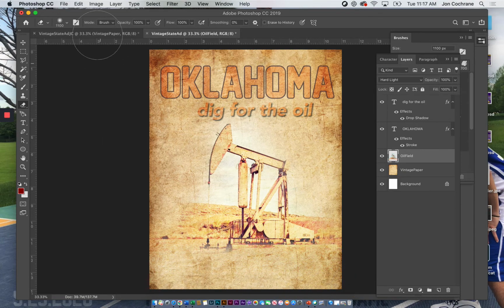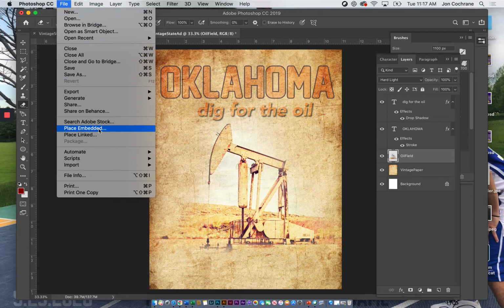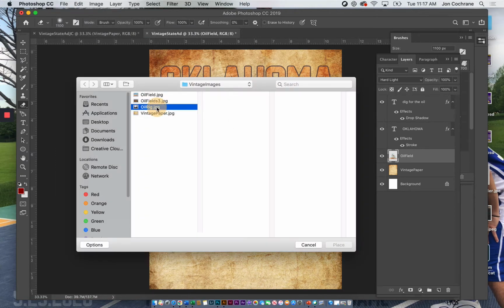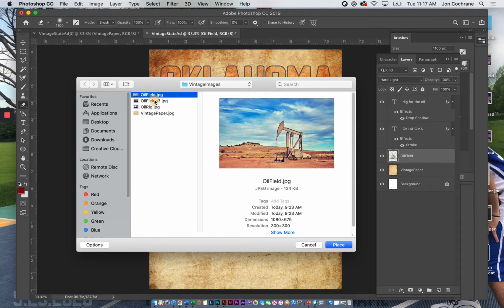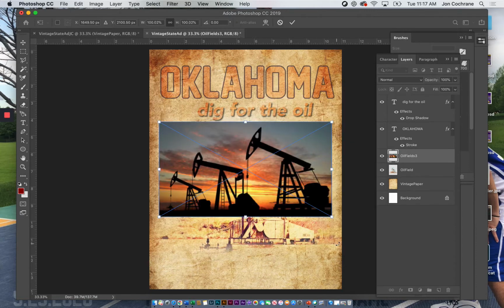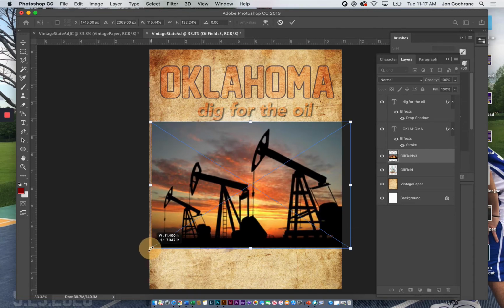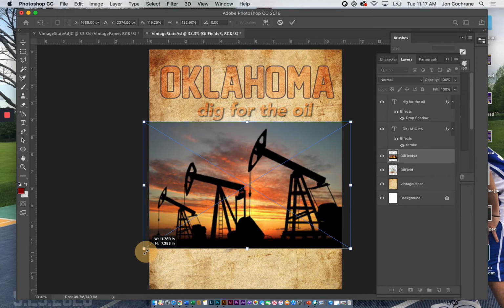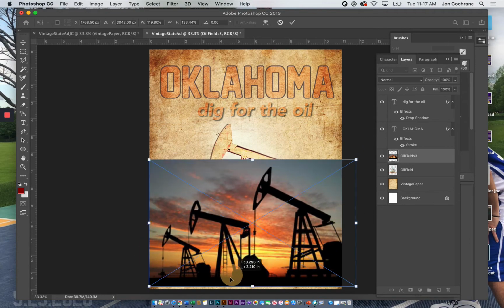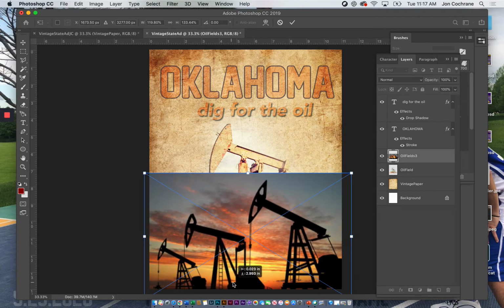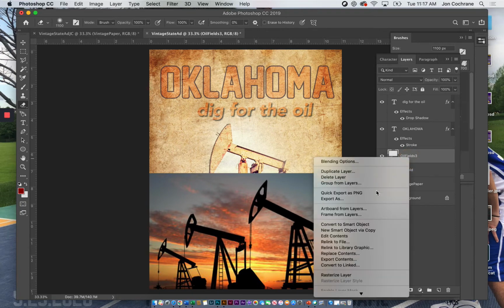Alright, next we'll file place, add another picture in, and so I've got these oil rigs. I don't even know what these things are. I've just seen them, but honestly I have no clue what they do or how they actually work. Alright, so I pull this down and I'm going to go to about there, rasterize this layer,